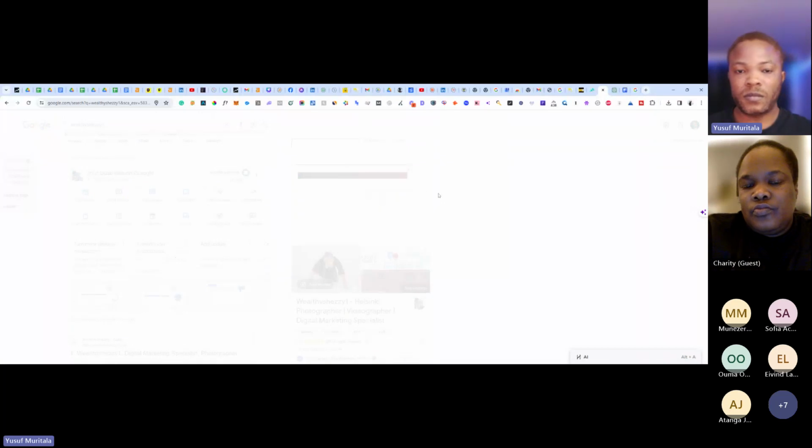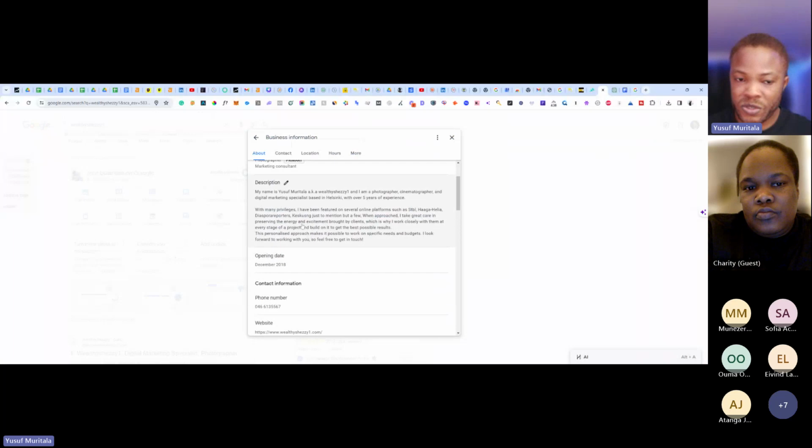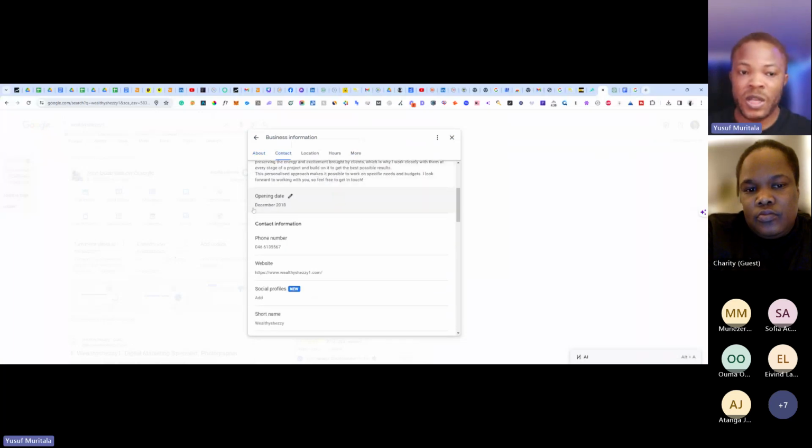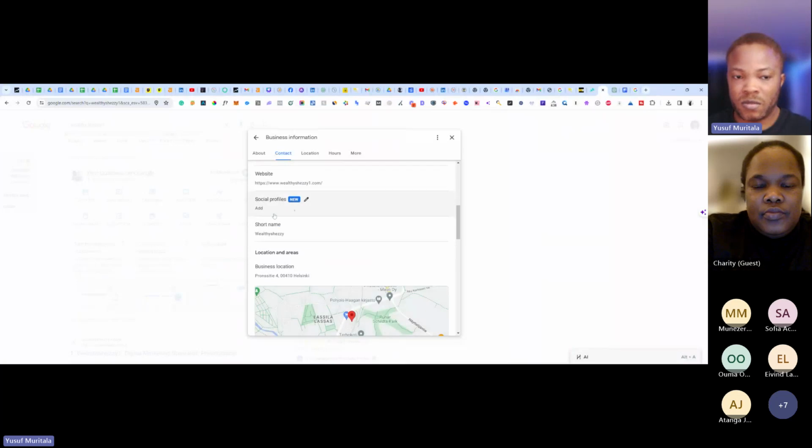Edit profile for all of the basic things: business name, the category that we put in the former place, and the description. This is very important so that people know about you. Then the opening date, the day your business was established. Google loves to have this information now, it is a new update. Then the phone number, the website, and the social profile. You can add your social profile.